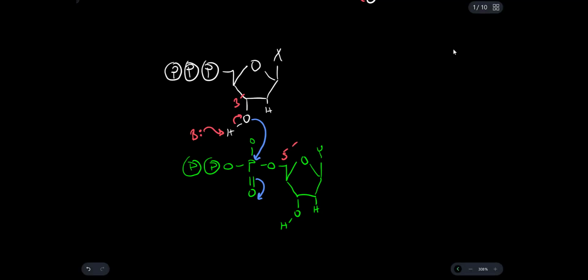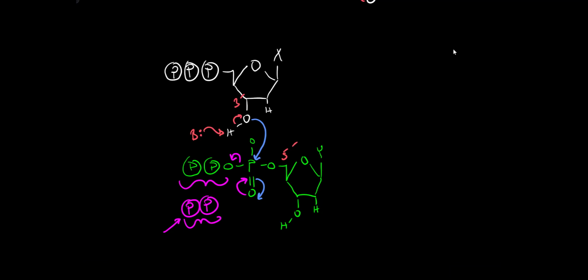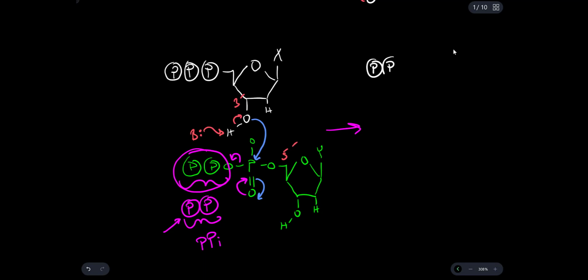And then that intermediate can collapse, and the bond that's going to break is between the phosphorus and the other two phosphates. So this molecule, which is represented by two P's here, where each of these P's represents a phosphate group, collectively is released as diphosphate, or sometimes we see it abbreviated PPi or pyrophosphate. Okay, so this is one of the products, and the other product is a new bond between the nucleotide triphosphate we have in white here